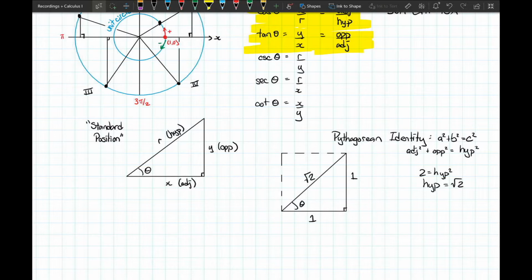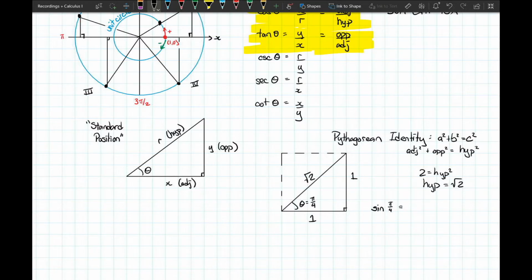The angle is 45 degrees, but remember that we're going to be using radians. So this is 1/2 of pi over 2, which makes this angle pi over 4. All right, so we can add this to the table that we had previously. We already can look at sine of pi over 4 now